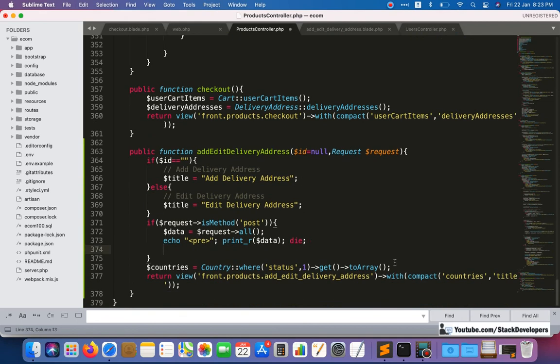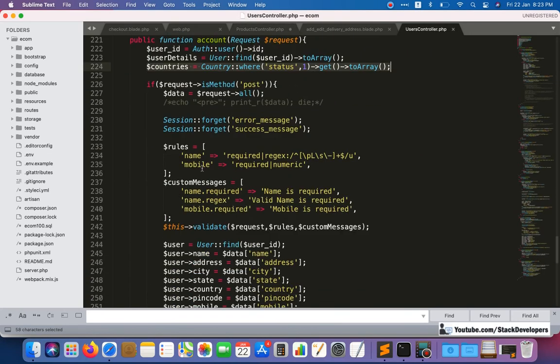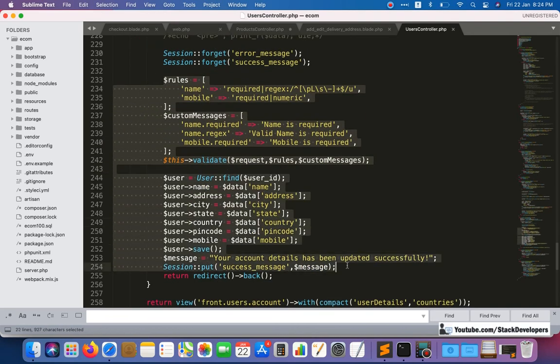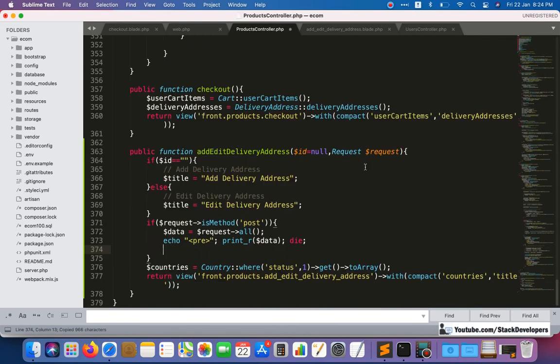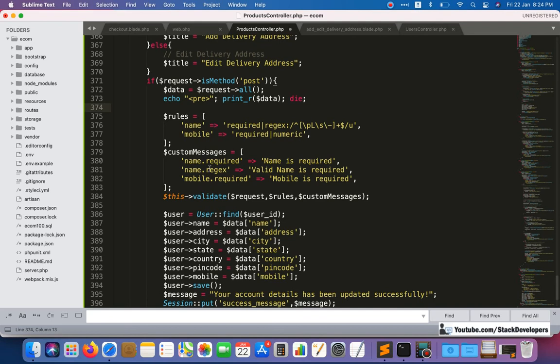Okay, so similar kind of thing we are going to copy this one, post also, and we can then update. We can have the rules also here, and we can simply use this one. Okay, so no need to do that, no need to repeat everything again. And here we are getting a lot of things here.